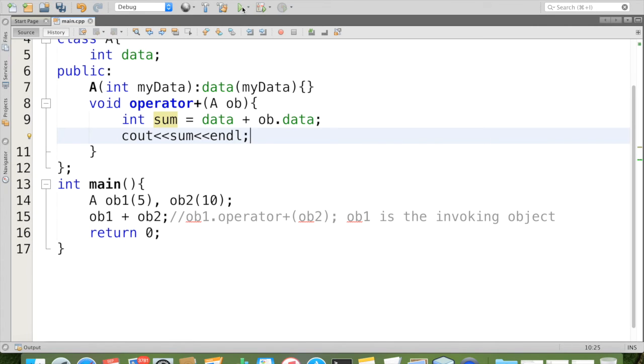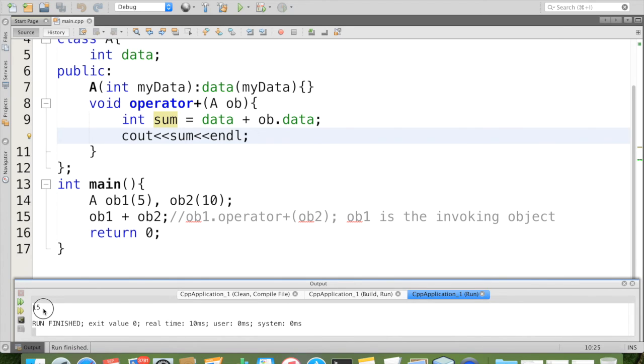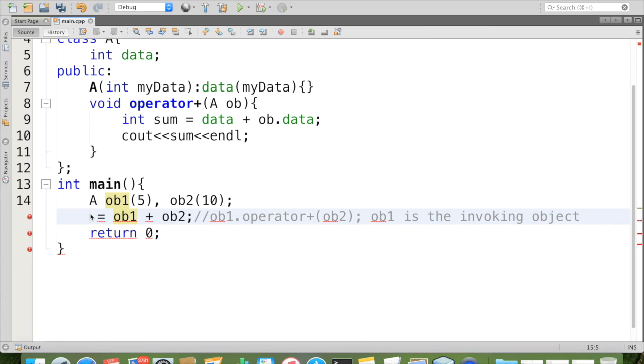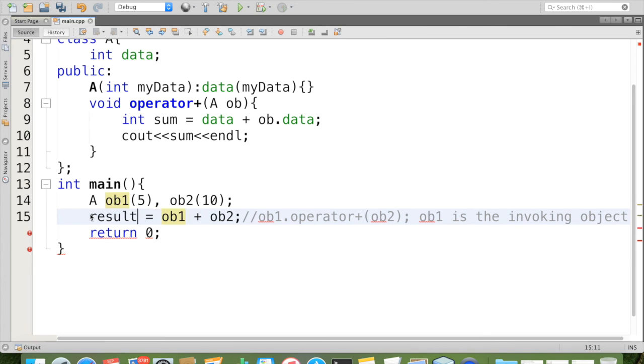I'm going to run the code again, and we can see that we are getting the expected output, 15. Normally whenever you add, you will store the data in some variable, for example result, right here. We expect these two data attributes to be added, and the resultant 15, that is 5 plus 10, should be stored here.